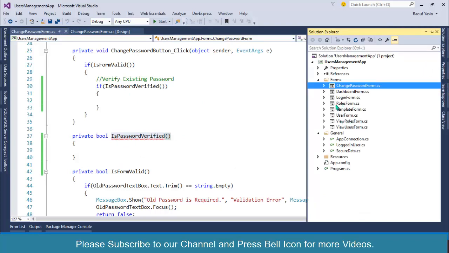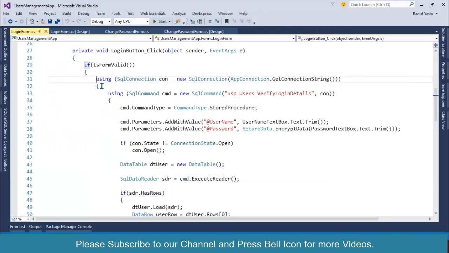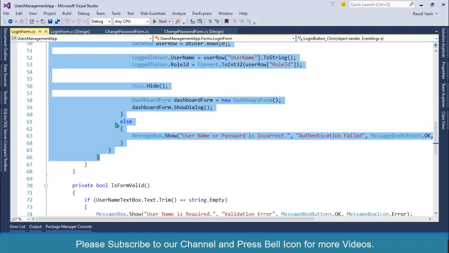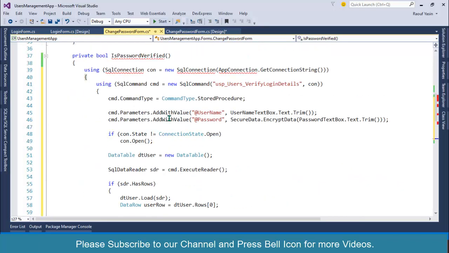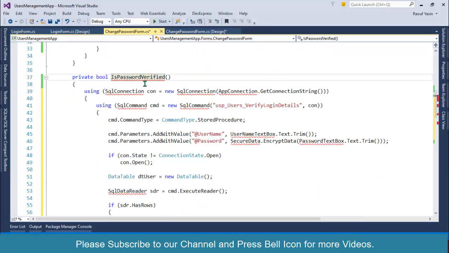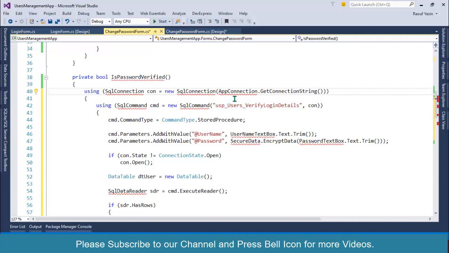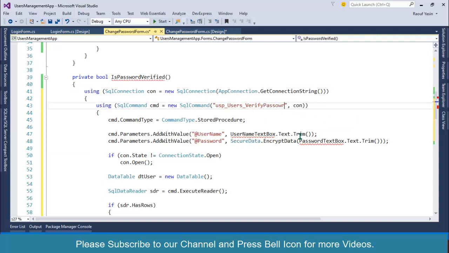We have also written this code inside our login form, so we'll copy this one and use a little bit from here. Copy and paste it over here. So now understand, control dot for importing namespace for this one, and this one also, and verify. Instead of verify login details, we will verify password.